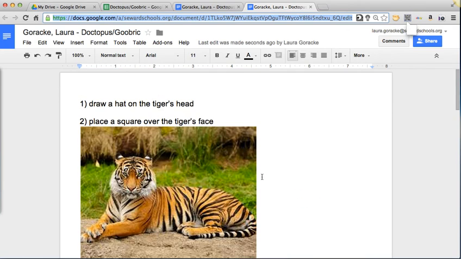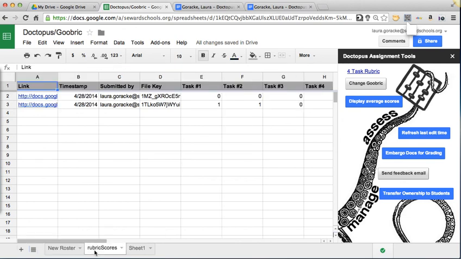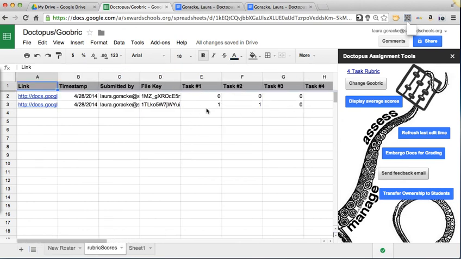The really nice final thing that I'll show you then is when you go back to that initial spreadsheet where you handed out the document and now you've attached the Goobric, where it says rubric scores down here, it's put all those right there for you. So you have a nice master spreadsheet of everything. So then you could